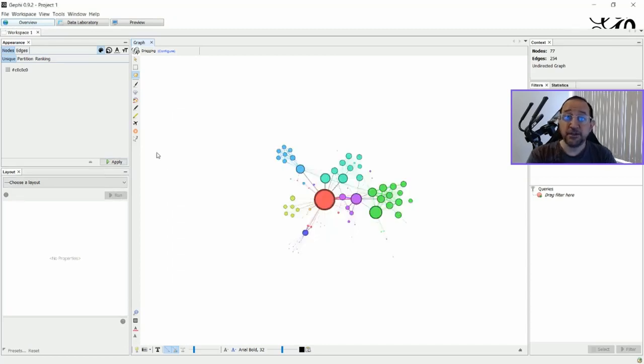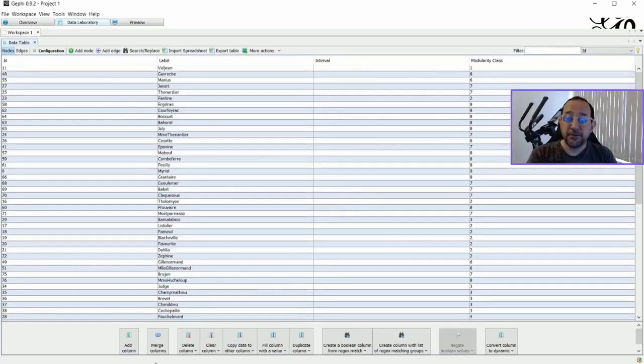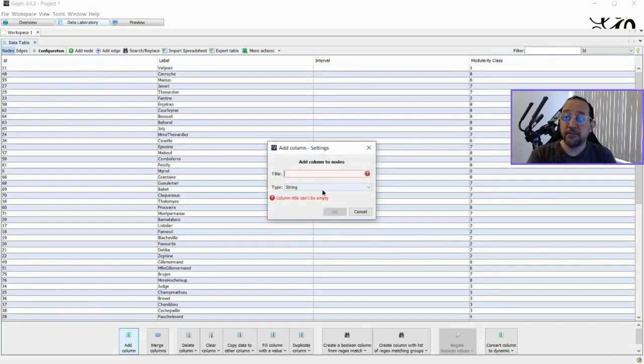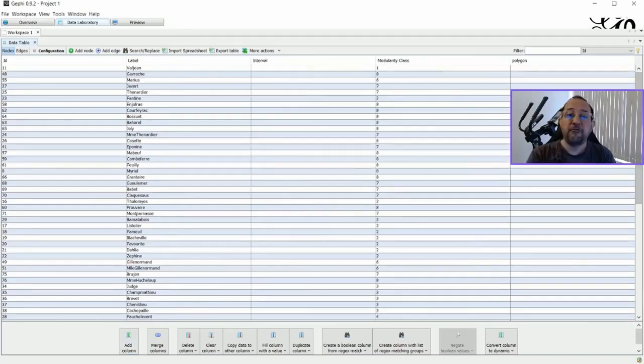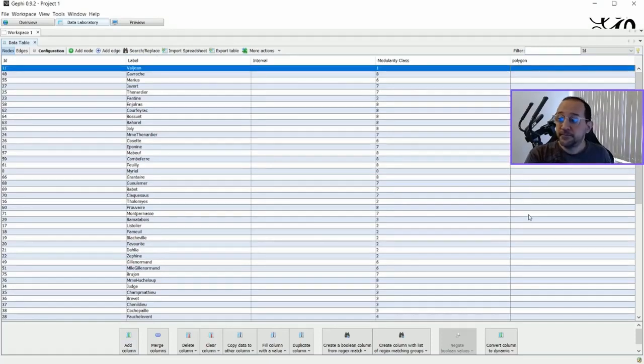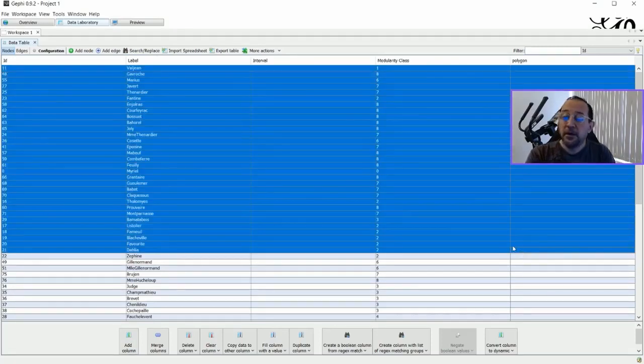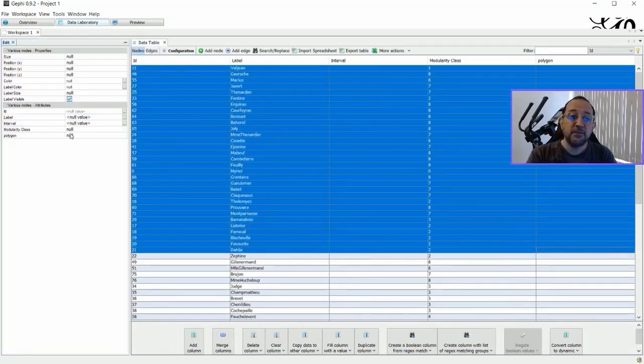Now that we have restarted, we have to choose which nodes will be represented with certain types of polygons. We go to the data laboratory, we add a column. This column must be an integer, and the title of it should be Polygon. Okay? Now we have this column, and if we just edit some of these nodes and put something like 3,